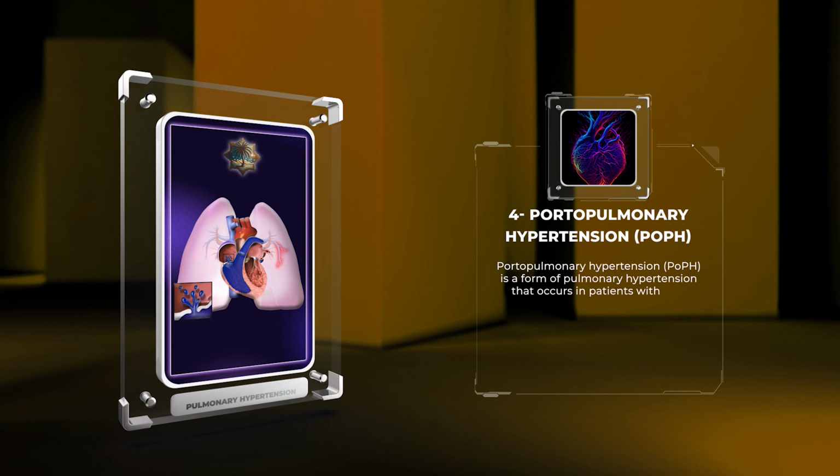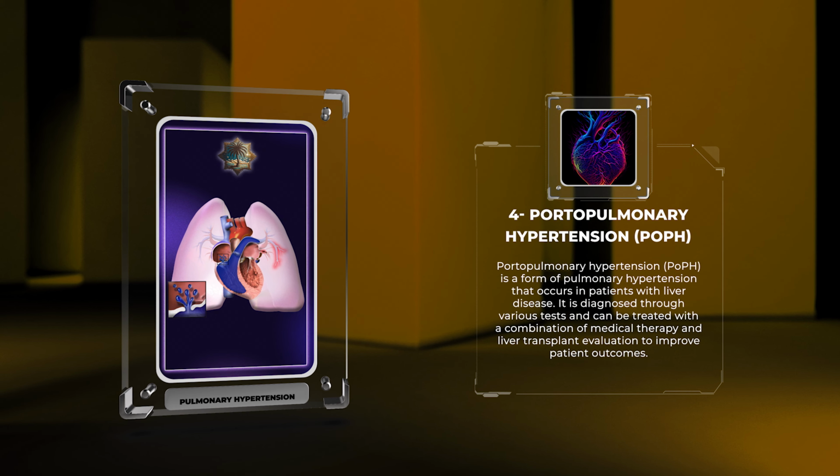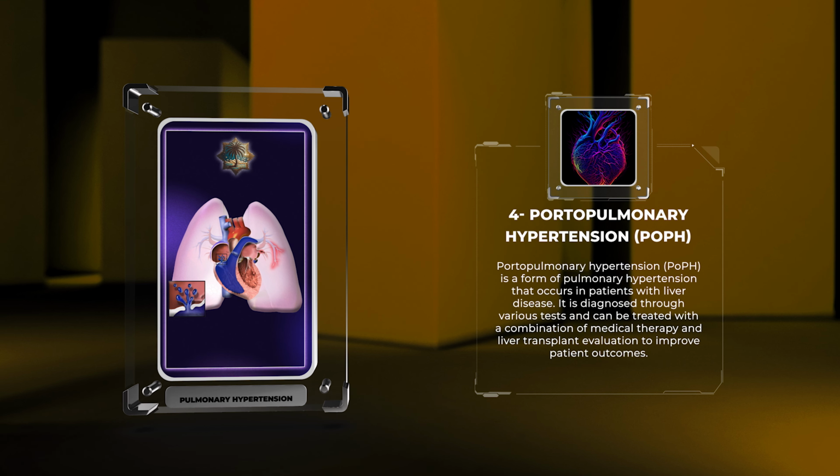Portopulmonary hypertension, POPH, is a form of pulmonary hypertension that occurs in patients with liver disease. It is diagnosed through various tests and can be treated with a combination of medical therapy and liver transplant evaluation